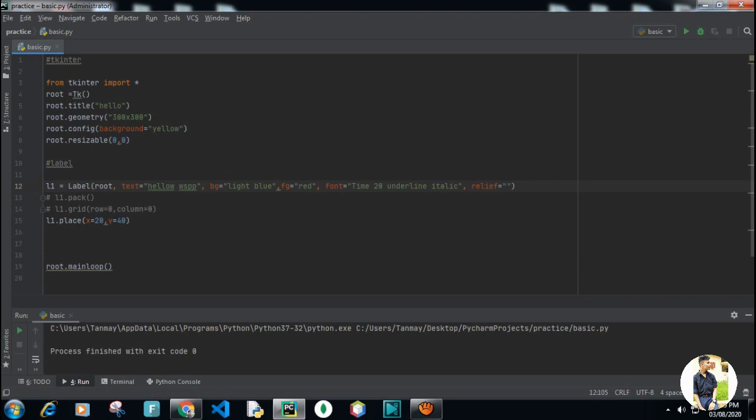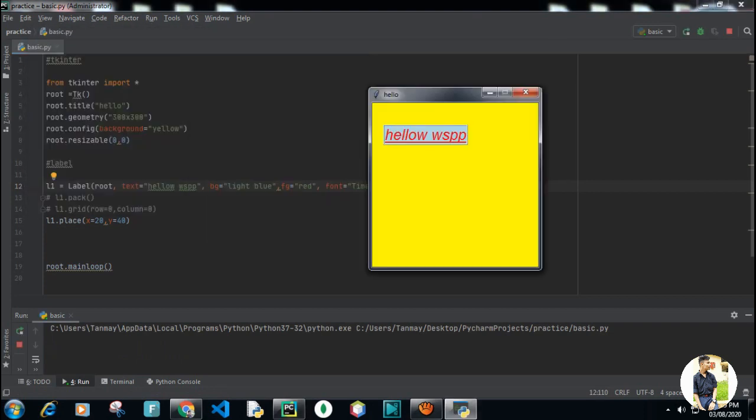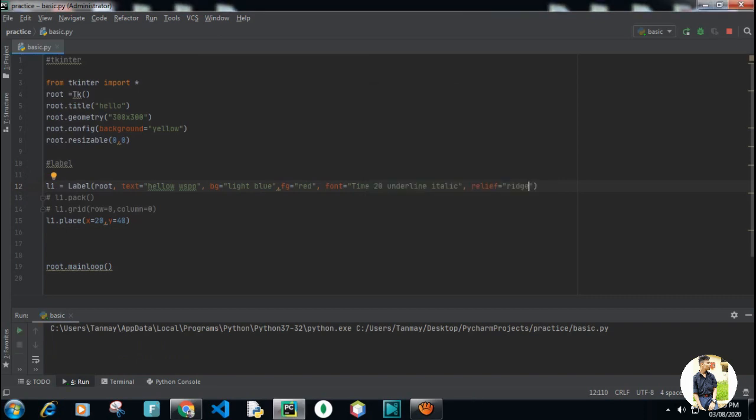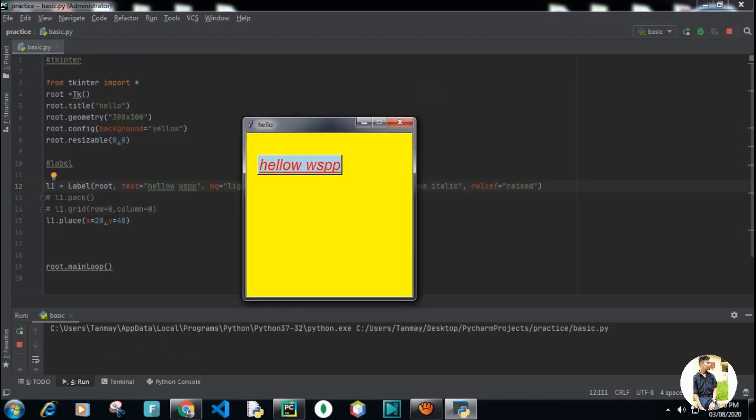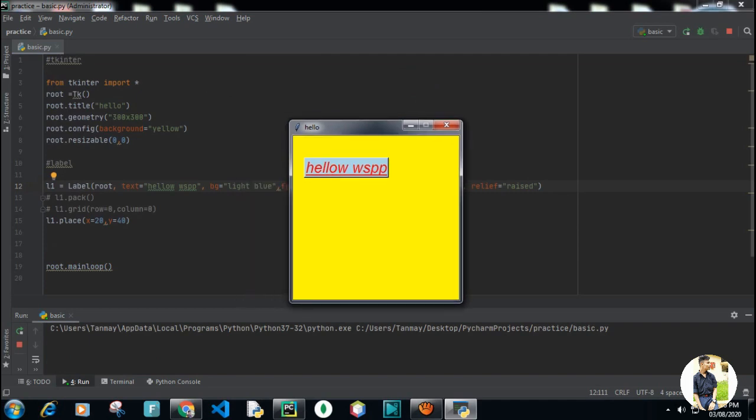I will use first ridge. See how it is displaying, like a border. I will use raised. You can try among them: sunken, raised, groove, ridge. You can see this raised.